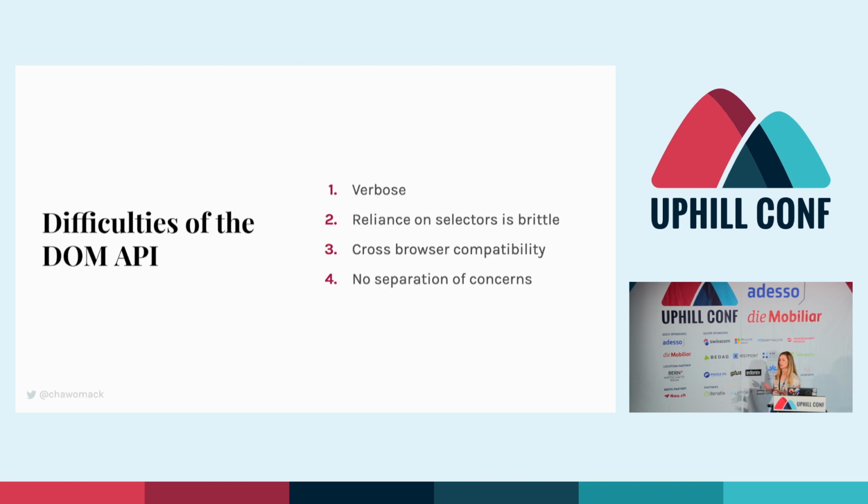Another issue with JavaScript and the DOM API is that every browser has their own implementation. So while it's mostly similar, there can be nuances and differences between them. A library like jQuery handles this for us so that we don't have to worry about the cross-compatibility issues. But if we're not using a library, we need to make sure that our code functions the same in every browser. And then the final issue with my example is that we don't have a good separation of